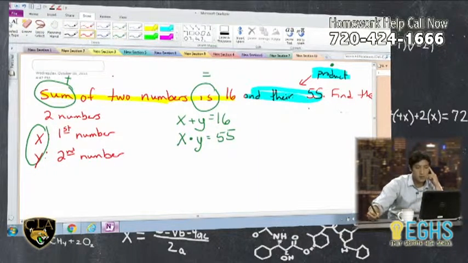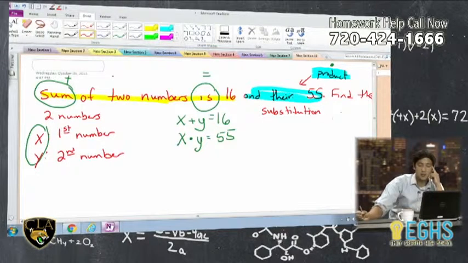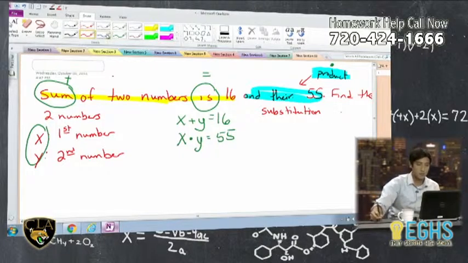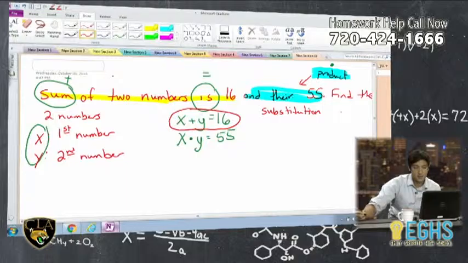One thing that we're going to do is called the substitution method. If you have learned the elimination method, it's not going to work in this case, because in one case we're doing a sum, the other one we're doing a product, so we don't have equivalent operations there. In order to do elimination, you need two addition-type problems. So when we do substitution, what we're really trying to do is solve for one of these variables in terms of the other. I'm going to pick this one because I think it's a little bit